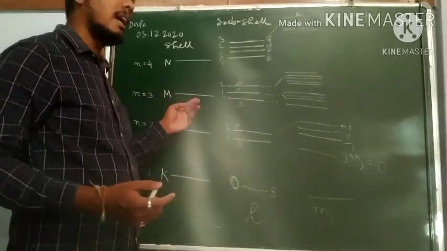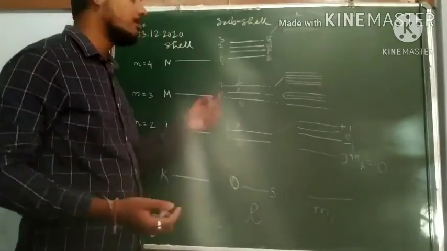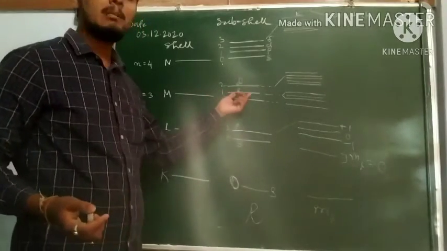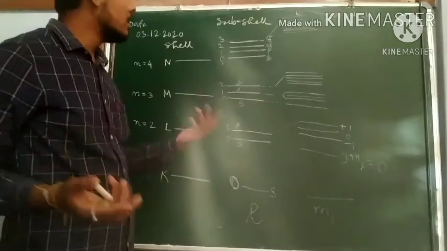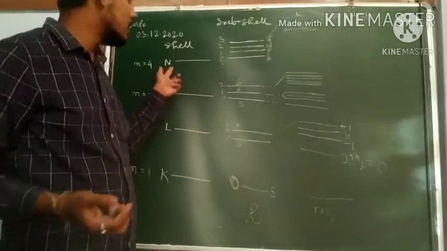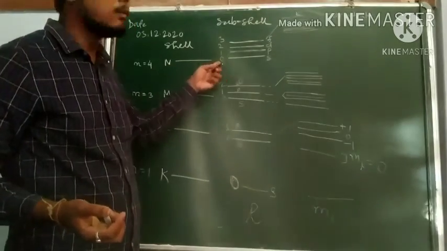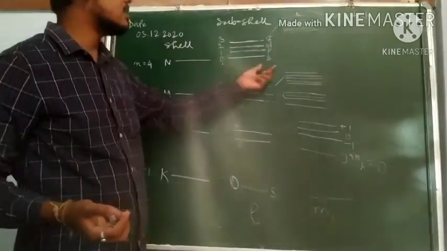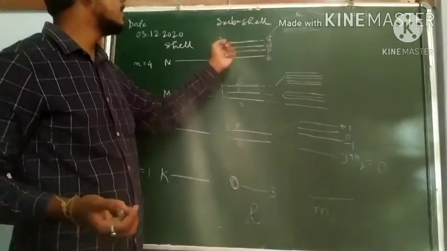So similarly, if I consider M shell, small n is 3, and we get L as 0, 1, 2, three values. So if L is 0, we get the S subshell, if L is 1, we get the P subshell, if L is 2, we get the D subshell. Okay, so similarly for N shell, I have four subshells. For n equals to 4, the values of L will be 0, 1, 2, 3. If L is 0 we get the S subshell, 1 is the P subshell, 2 is the D subshell, 3 is the F subshell.